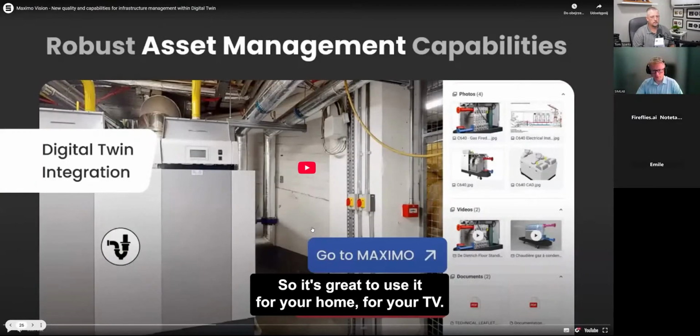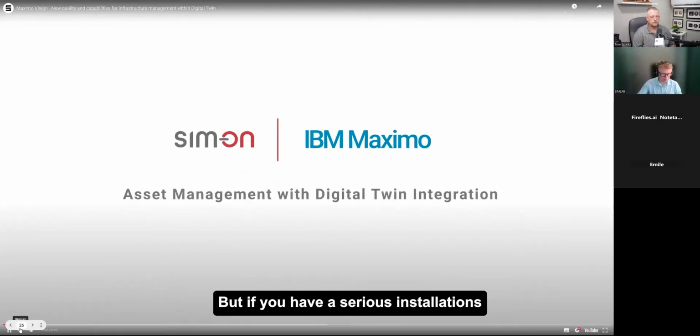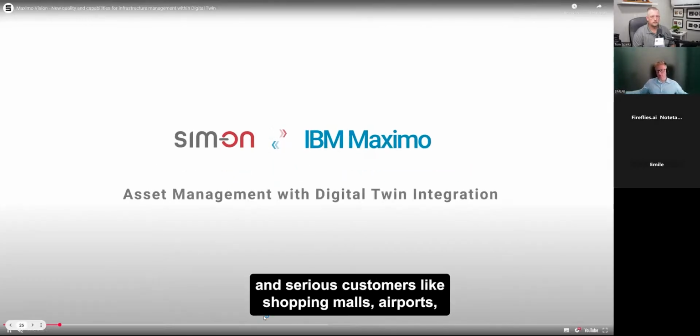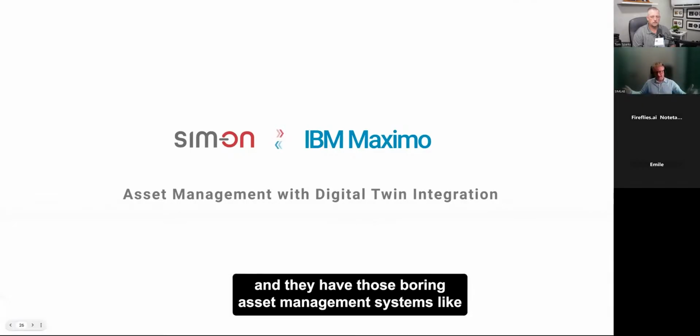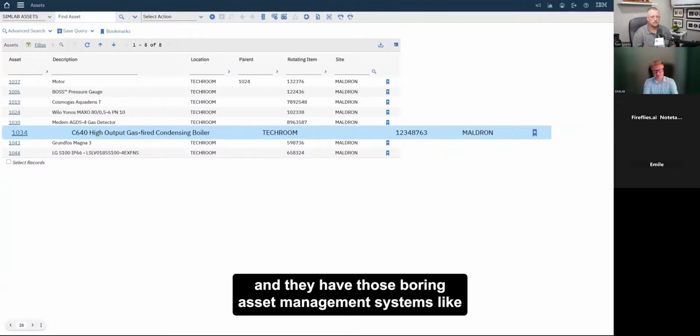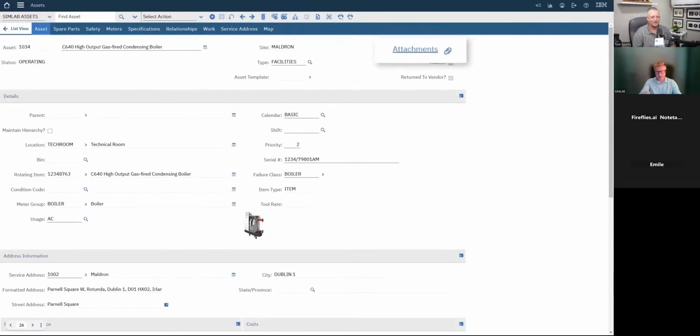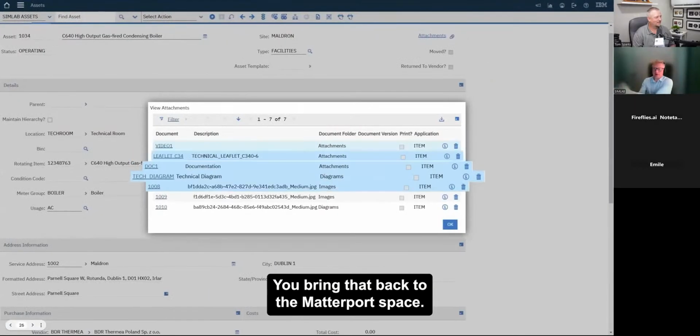So it's great to use it for your home, for your TV. But if you have serious installations and serious customers like shopping malls, airports, and they have those boring asset management systems like Maximo, which looks basically like this line item, you bring that back to the Matterport space.